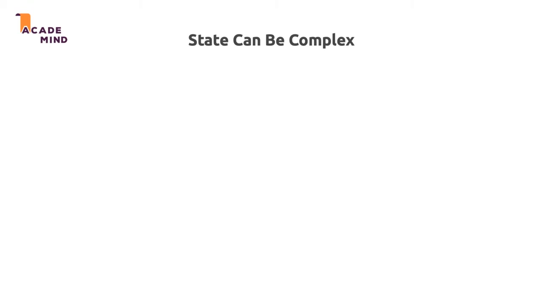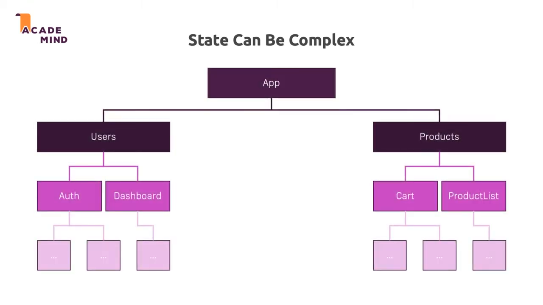State can be complex, and it's important to understand this to understand which problems state management solutions like Redux actually solve. If we had an app like this, which is not the app we built, but which could be an app you're building, where you have two different areas, one where you manage your users, where users can sign in, where users can manage their dashboard, see their dashboard, and so on, and one where you have products in a list which users can add to a cart, then these areas are actually not totally independent, but in your app